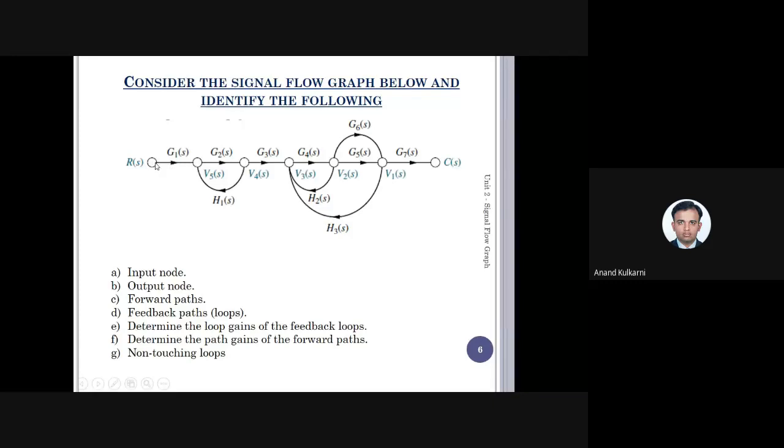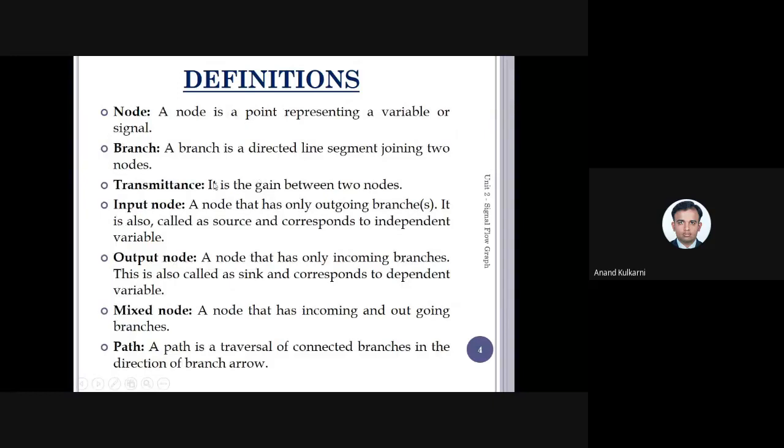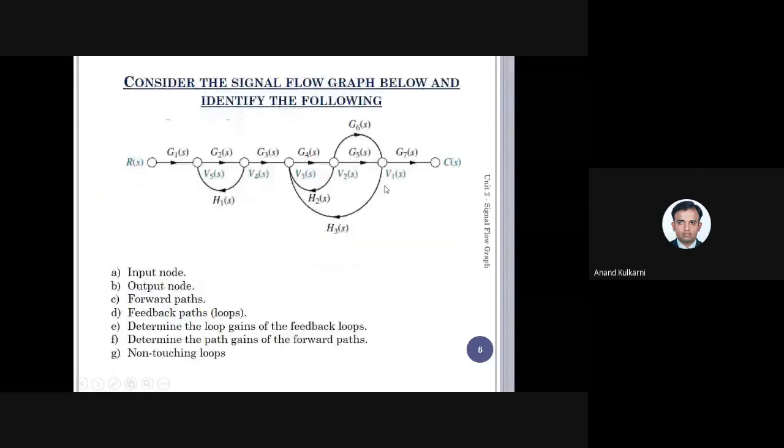From node number 1 to node number 2, when the signal was going, it has gained something which is called G1. So what is this? G1 is the transmittance that the signal has gained during the motion between the two nodes. Whenever the signal started moving from 1 to 2, it has gained something which is called a transmittance. Is it clear? Transmittance is the gain which the signal has gained in the motion between the two nodes. As in this case, what is the transmittance here? It will be G2. Okay, is it clear? Is transmittance clear? It is the gain between the two nodes.